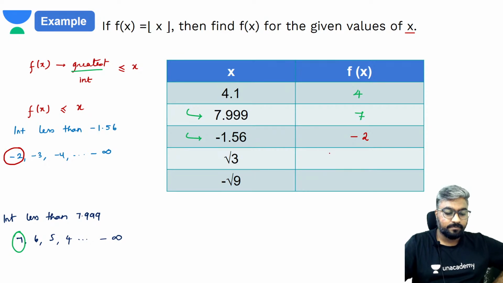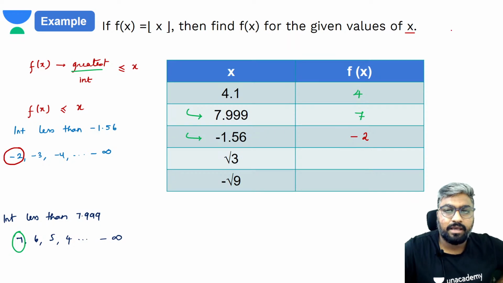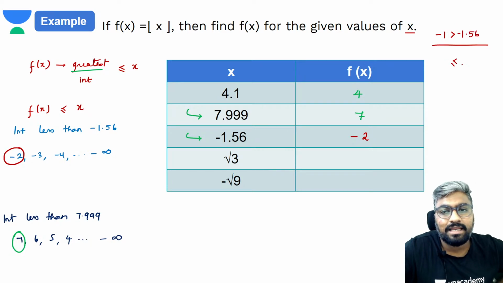ठीक है, अजय क्लियर है? Yes, because -1 is greater than -1.56. हमें ग्रेटर नहीं चाहिए. What do we want? Less than equal to -1.56. ठीक है,